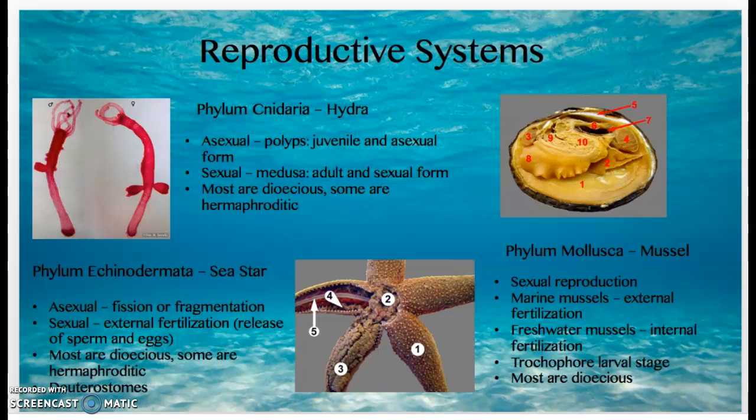So for mussels, they reproduce sexually, and the gonads are shown as number 10 in the picture of the dissection here. And marine mussels reproduce by releasing their eggs and sperm into the water, so it's external fertilization. And the young begin life as floating plankton for 1 to 6 months before settling on the bottom as an